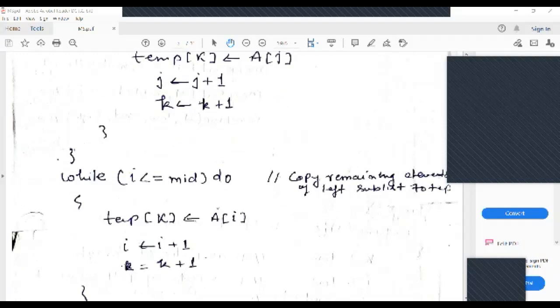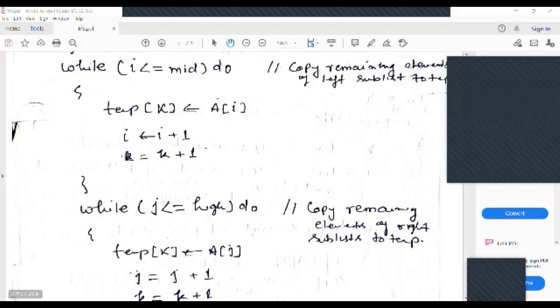तो उस केस में क्या होगा? This while loop will work. It will copy the remaining elements of either of the sublists to the temporary memory, that is temporary array which you have taken as a sorted array. ठीक है, तो if i is less than or equal to mid, ये किसके लिए है? This condition is for the first sublist. So just put this a[i] in the temporary array, whatever this a[i] is having. i will be something like suppose at the 4th position or 5th position or 6th position. So just put that element in the temporary array. Okay, again increment this, i is equal to i plus 1 and k is equal to k plus 1.